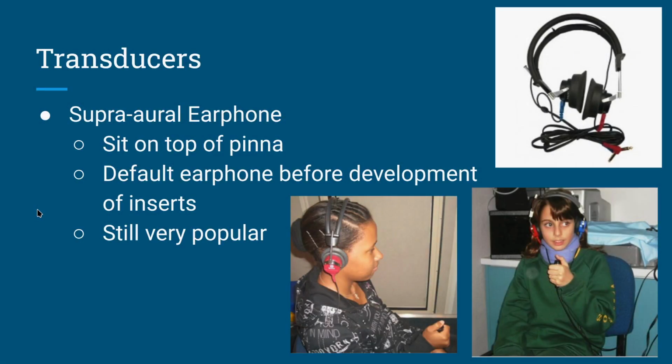So the supraoral earphone sits on top of the pinna. It was the default earphone before the development of the inserts. Still very popular, just not as popular as it used to be. The diaphragm is at ear level, covered by a rubber cushion, which is replaceable fairly inexpensively, but it's rather uncomfortable